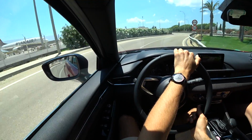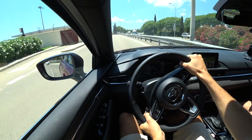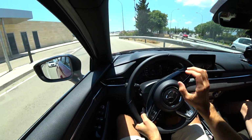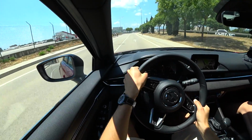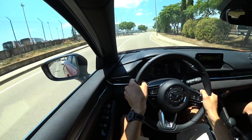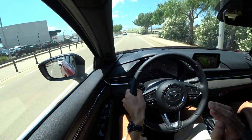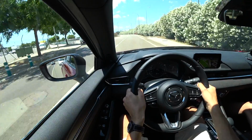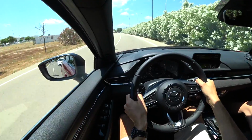And let's see, what have they changed here with the facelift as for the driving? You know that all new Mazdas now come with this GVC, the G-Vectoring Control, where they have some torque adjustment when cornering, so in and out of the corners, and you don't feel a big difference, but overall you will have less shaking in the car because it gives you a little bit more torque when cornering out, a little bit less than when you're in the corner, so you have less G-force applied to the body. Pretty interesting system, and they just make it a standard system for all of the models,